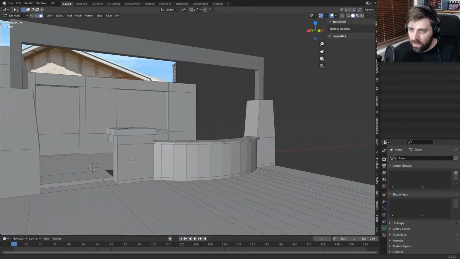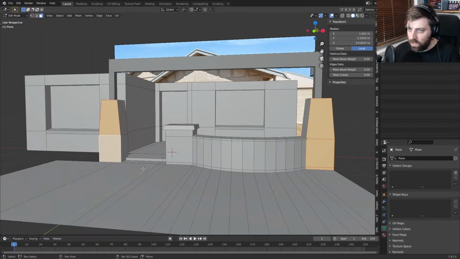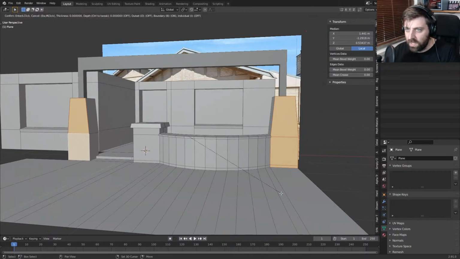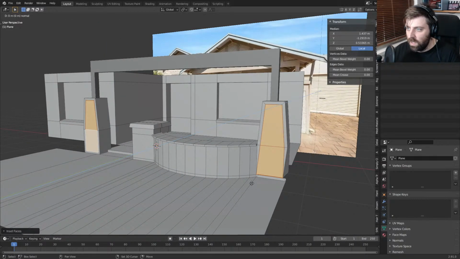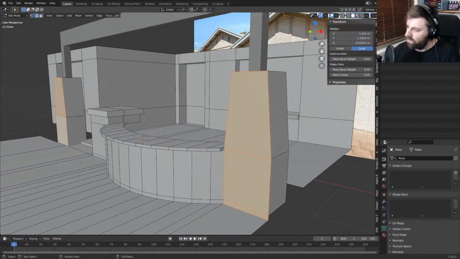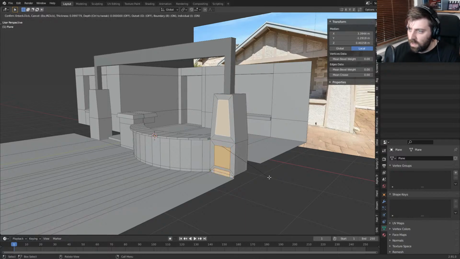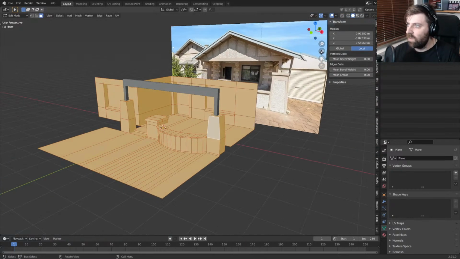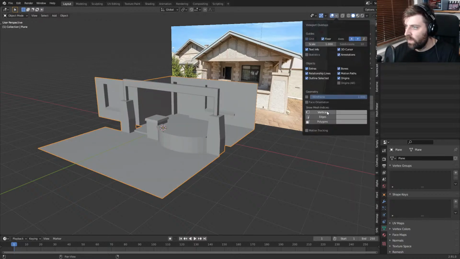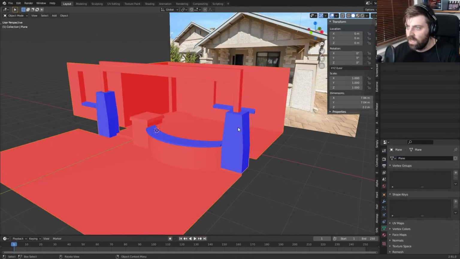All right, let's go with this. I'm just going to grab that. Really should have worked on the roof, but whatevs. I'm going to press I to do an inset, like so. And okie dokie. Ah, that's because of... Why is that? I probably got normals faced the wrong way. So if we go into face orientation, we can see that they're all facing the wrong way. Let's go Shift N, flip those,